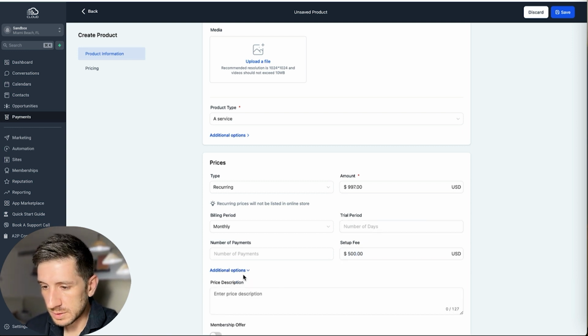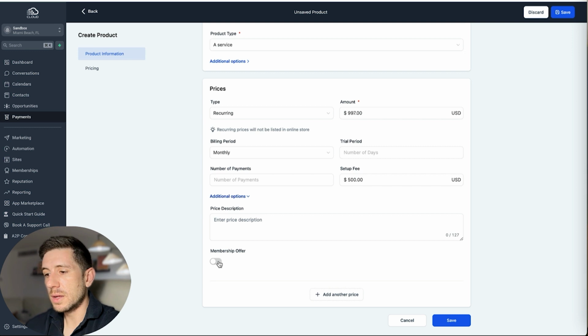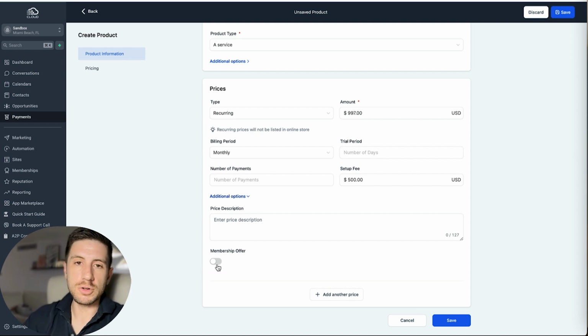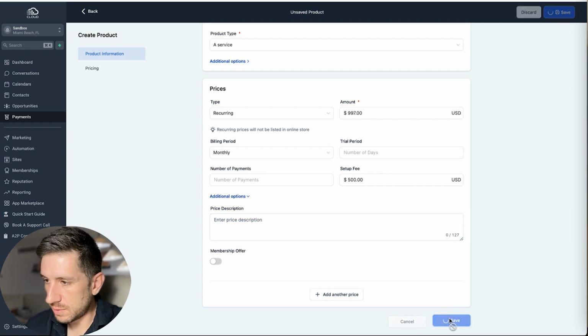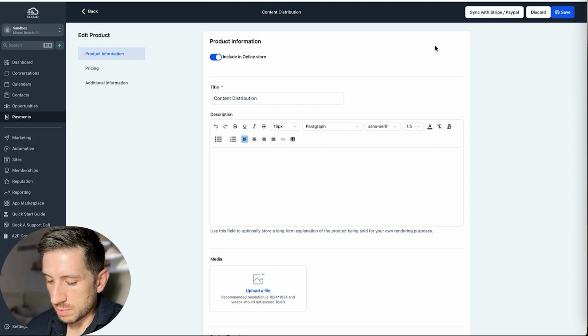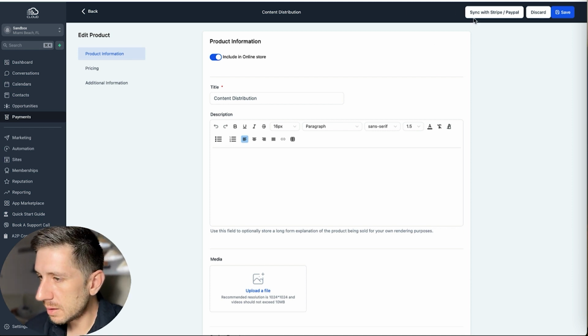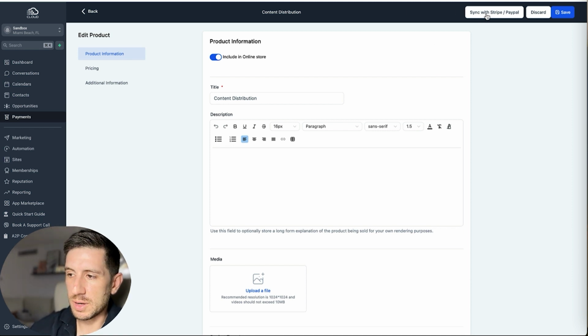Okay. Anything else? There's a clickable toggle button here that says membership offer. Basically, if you do have a membership course built out in Highlevel, this would then trigger that offer made to that person once they check out this product. In our case, we don't have a digital product, so we're just going to click save, and we have our product made. Next, you just want to sync with Stripe and PayPal,